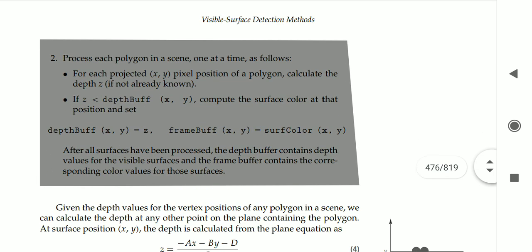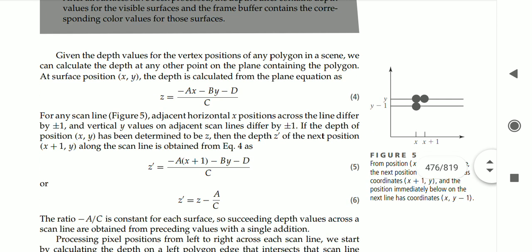Now see the second point. For each projected point in the view plane, you calculate the depth of the point. How to calculate the depth of the point? You have 3 z values. That z you compare with the depth buffer and compute the surface color. That depth value has which color, which color of the surface? That surface should be the front side, and that color is assigned. Okay. Now we'll see some in-depth concepts.